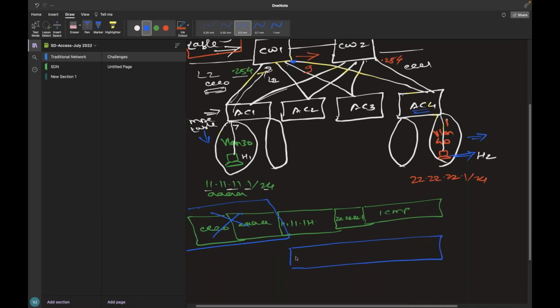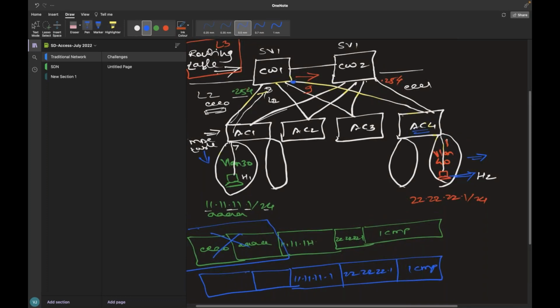and it will try to rebuild the new L2 header. So your source will be same, destination would be same, your payload will be there. Now my MAC address table, right? So since I don't know, now my source MAC address will be port 9 MAC address. So for example, port 9 could be EEE, let's say 3. And what will be my destination? So I don't know my destination.